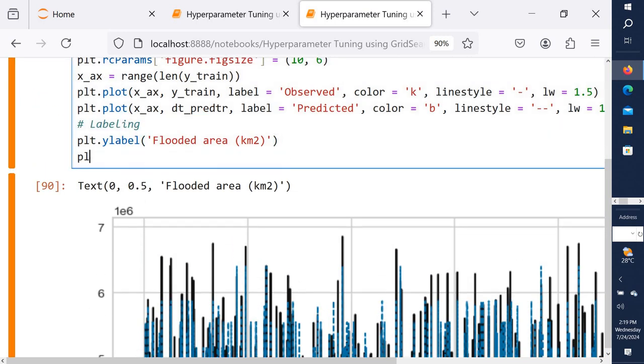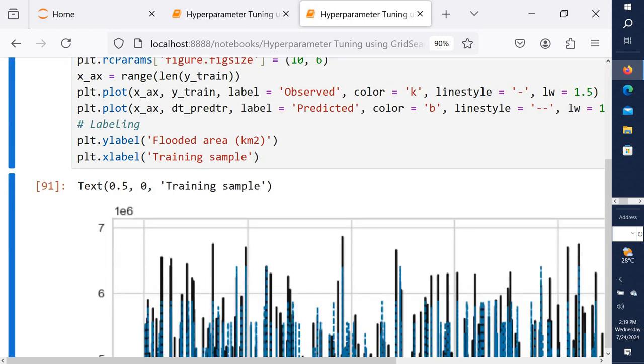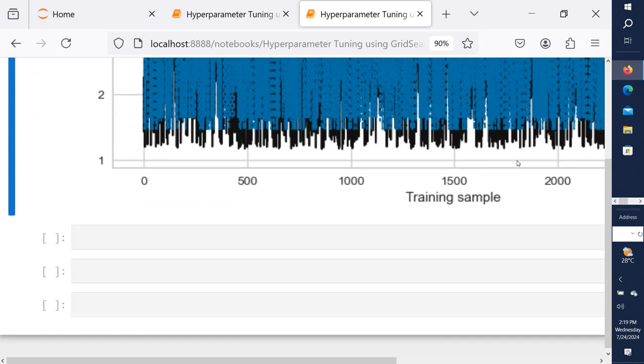The plt.xlabel is called training sample data. Okay,